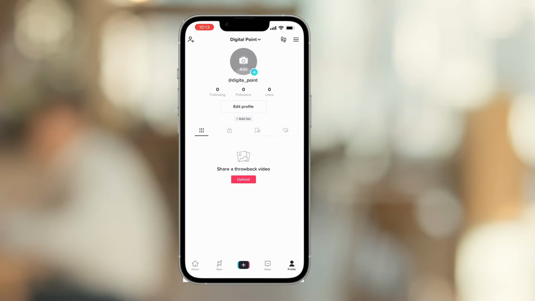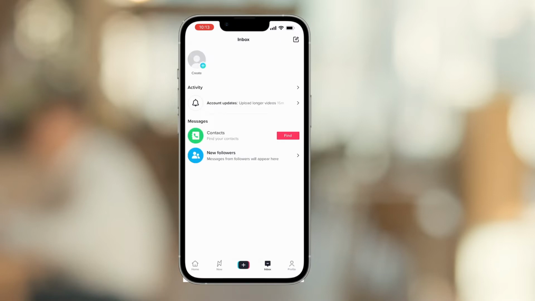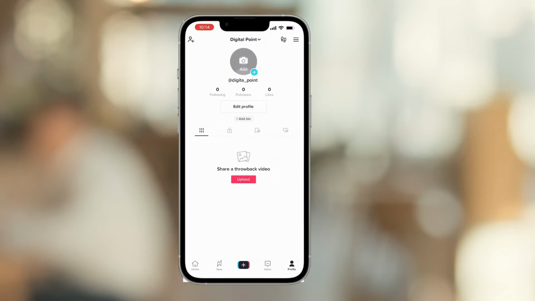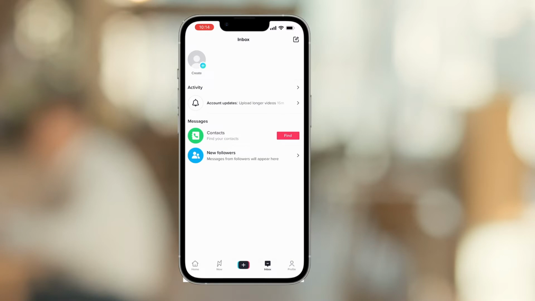Today I'm going to be showing you how you can turn on profile views for TikTok. Now this is a relatively new feature and there are a few different ways to go about it. I have to do it one way because the inbox way that I will touch on briefly hasn't really worked out. So what you are going to do, ideally in your inbox, because it is a newer feature,